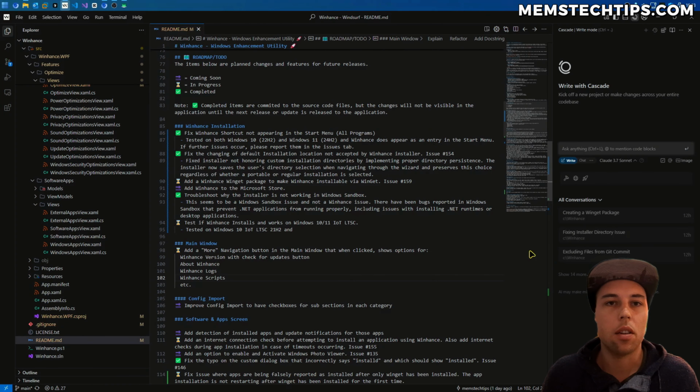And like I said, I wanted to work on adding more applications to the external software section. So if I navigate to the external software section here, we have a few apps that some of you guys requested that you want to add to the external software section. So what I'm going to do here is select all of this and then copy it. And I'm going to start a new chat, a new conversation, and I'm going to paste that to the chat